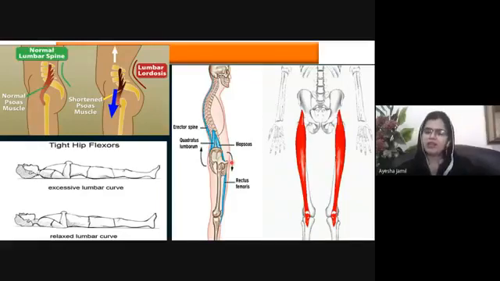Whenever there is anterior pelvic tilt or rotation of the pelvis anteriorly, there will be compensatory extension at the lumbar spine, or increased lordosis. Obviously, when you extend your knee, whether lying supine or standing, the tight rectus femoris can increase lumbar stress by increasing the lumbar lordosis. You can see over here, this is the relaxed lumbar spinal curvature, and this is the increased lumbar curvature in case of tightness in the hip flexors.